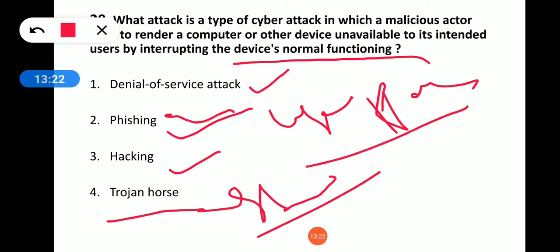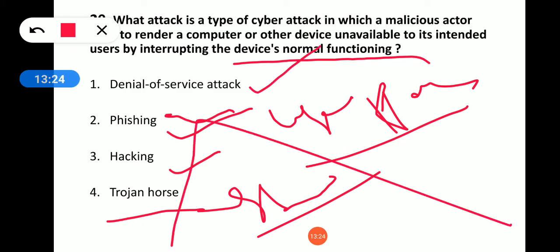But denial of service attack is a dangerous attack. Denial of service attack means a person controls lakhs of systems while sitting in one place. This device will not work: if you press one thing, it will perform another. If your actions are interrupted, it is known as a denial of service attack. It is controlled by another user.